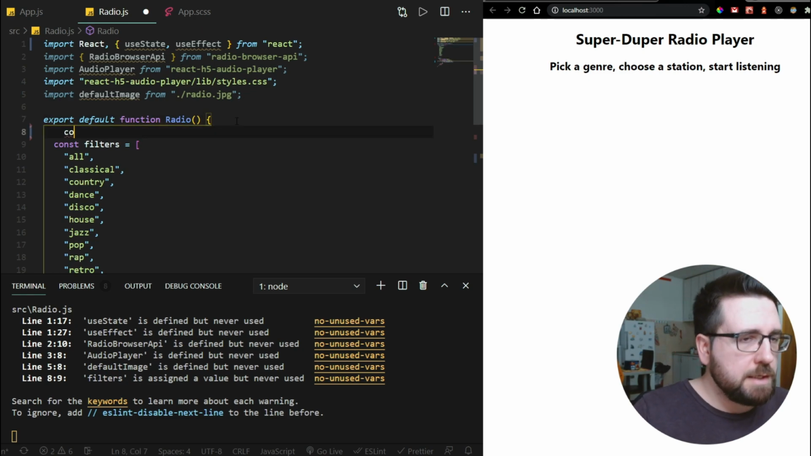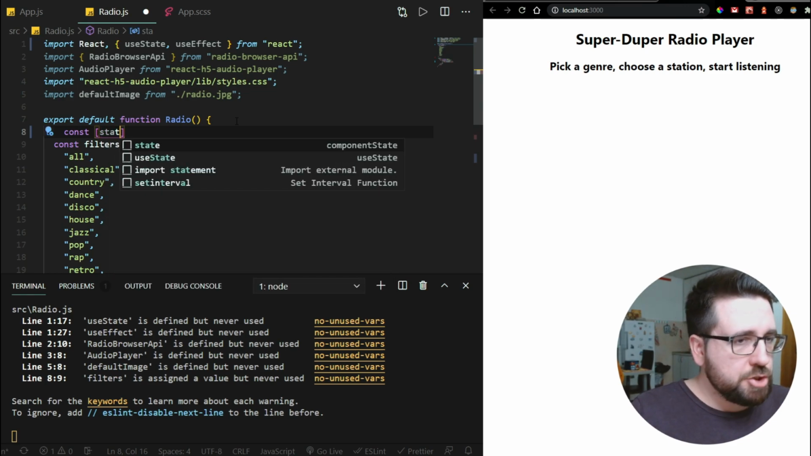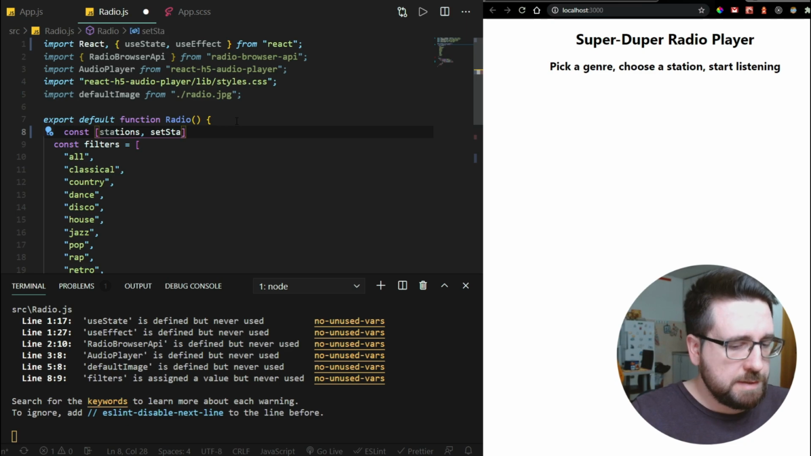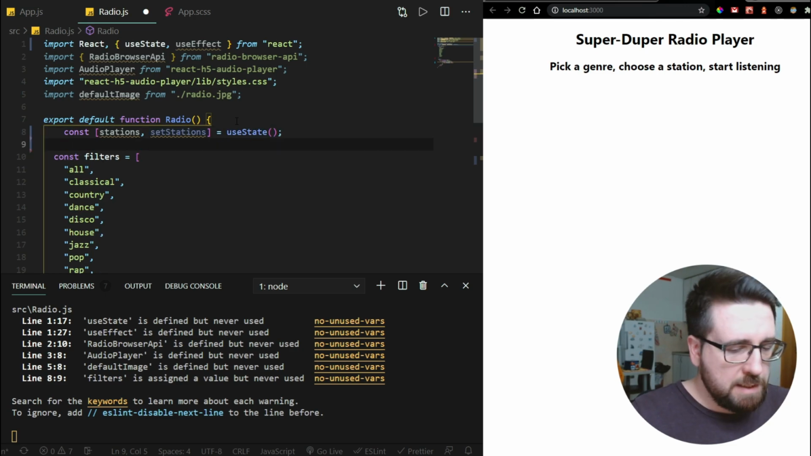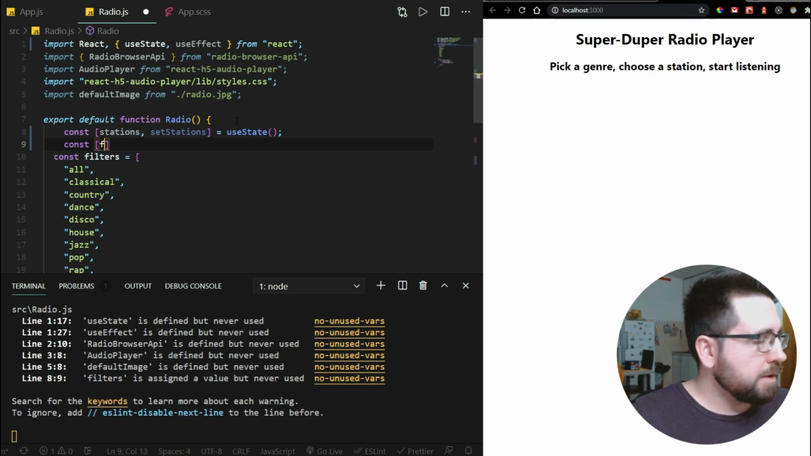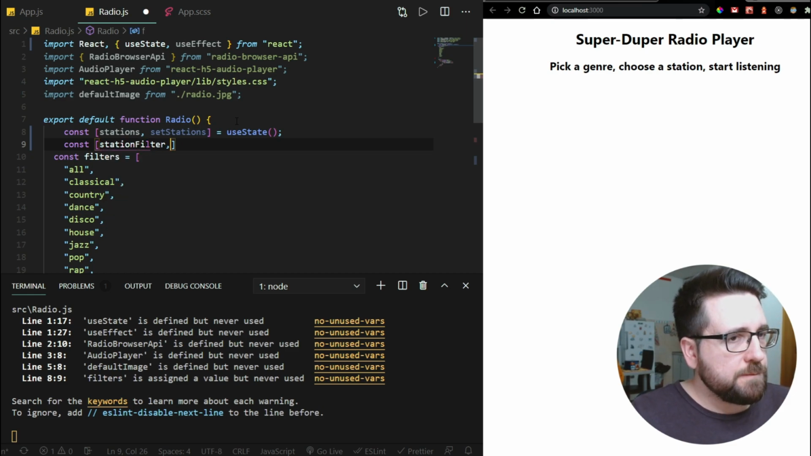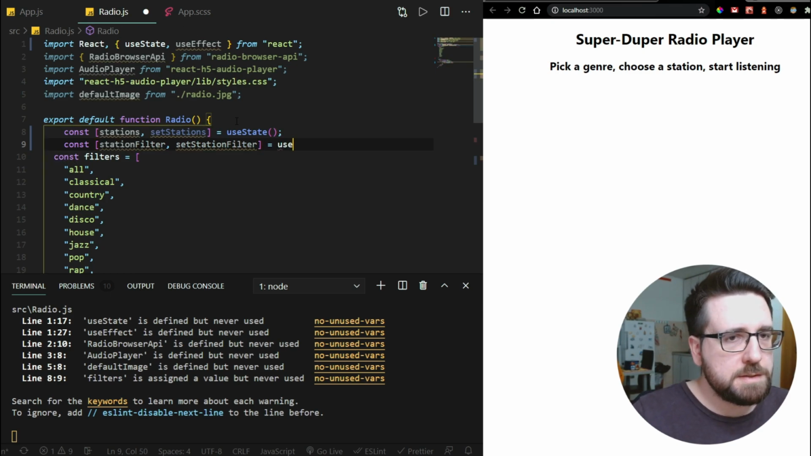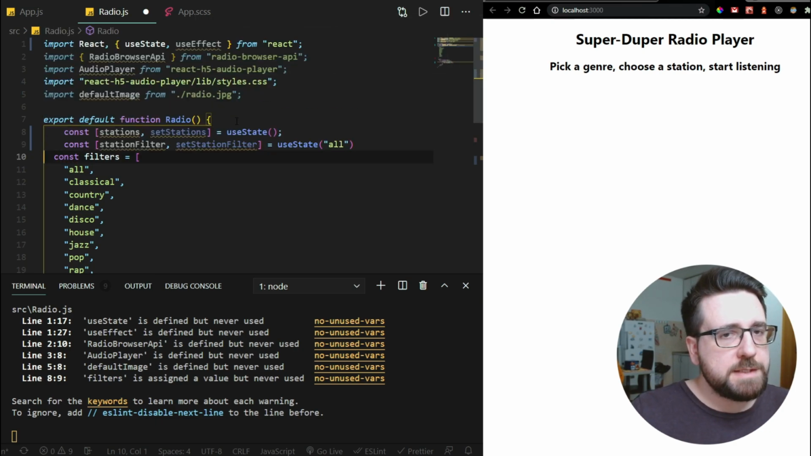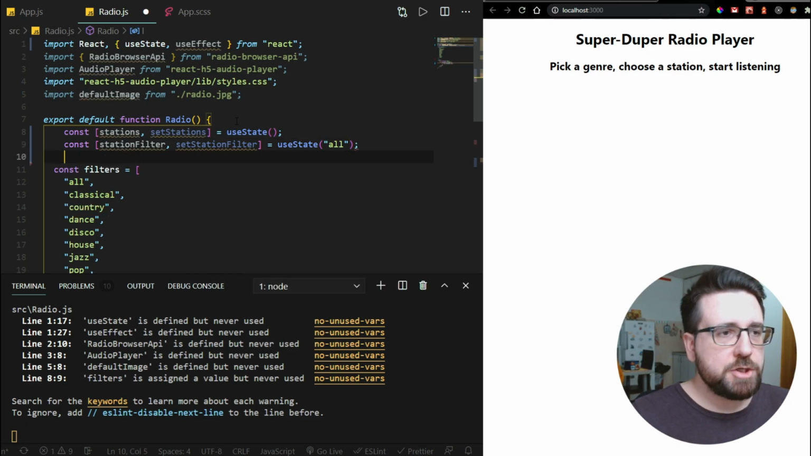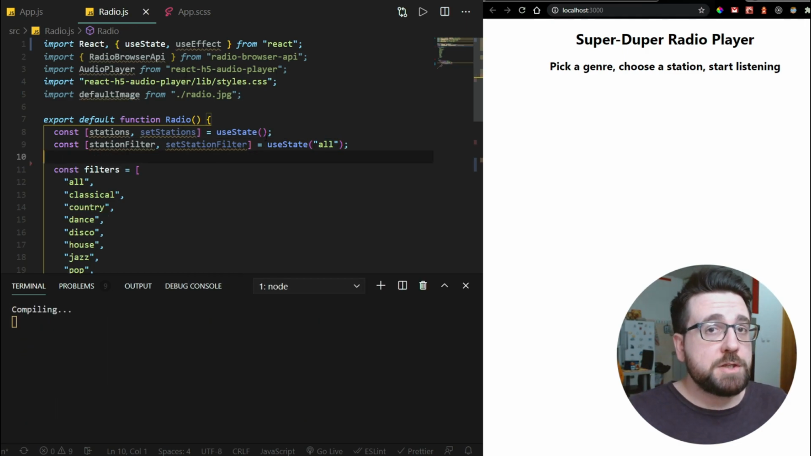And for our useState, we're going to track our stations. So stations and setStations are going to equal useState, and this is going to be empty. And for the filters, we are going to say stationFilter, setStationFilter equals useState. And for the default, we are going to say "all", which is going to fetch us radio stations regardless of